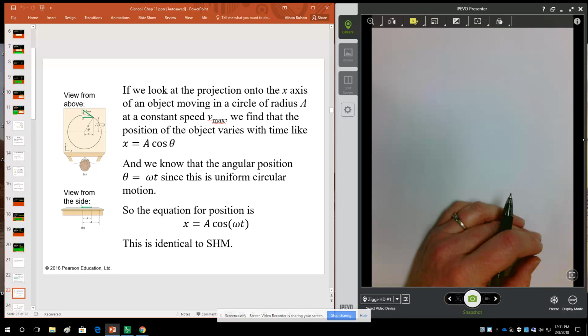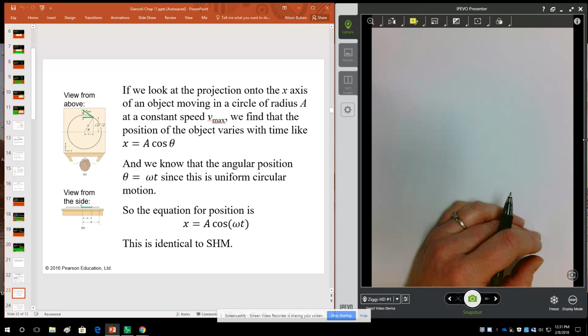So if we look straight on to this circular motion from the side, we don't see the particle moving in a circle. Instead, we see the particle appear to move to the left in a straight line and then stop and turn and move to the right in a straight line. And it turns out,